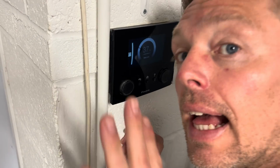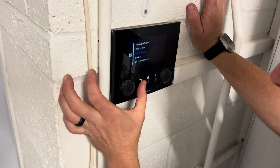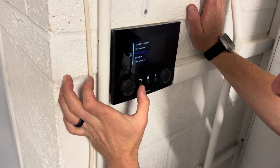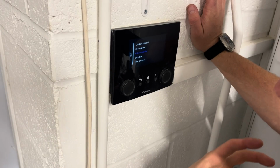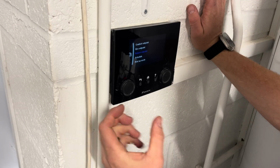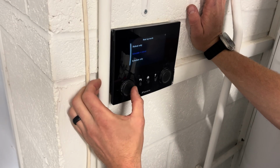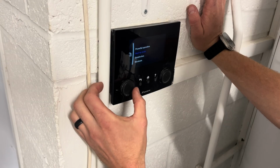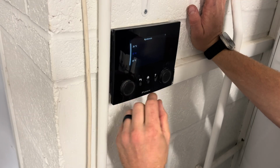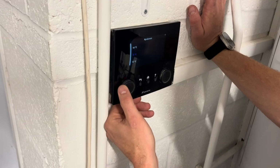Okay, so a few things that we can set up on this Daikin controller. The tank is on schedule and reheat for no reason. They haven't got solar or a time of use tariff, so there's no real need to do a schedule. So we're going to set heat up mode to reheat only, and then we're going to do the hysteresis. 27 degrees, we don't want that. We're going to do about 12,